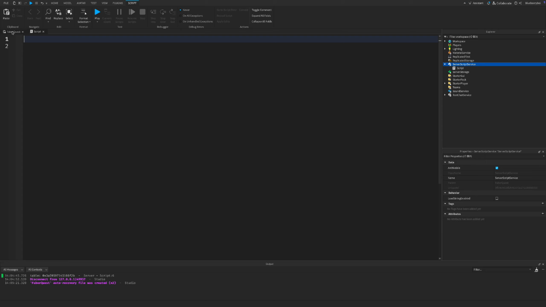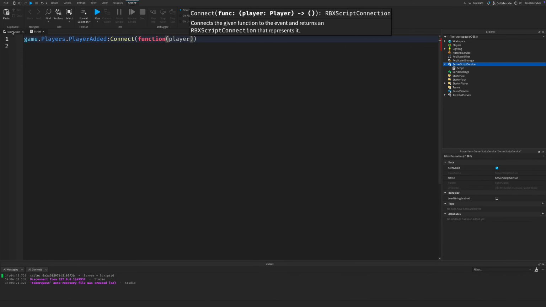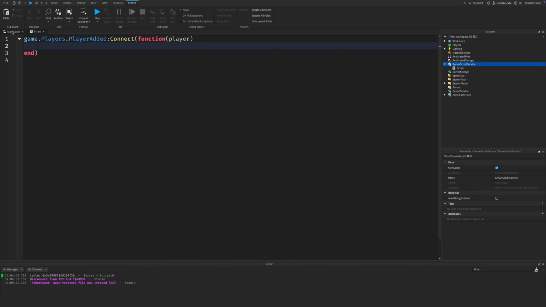Let's start by giving players an inventory. This code here runs every time a player joins the game. Yeah, a lot going on there. You don't need to understand the details yet, as long as you know that it will run once for each